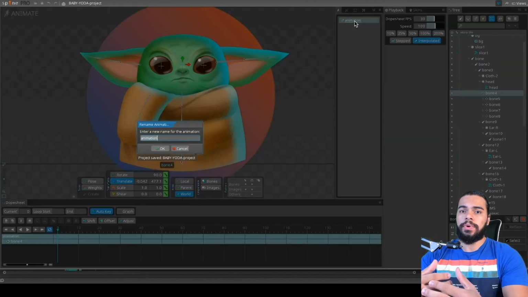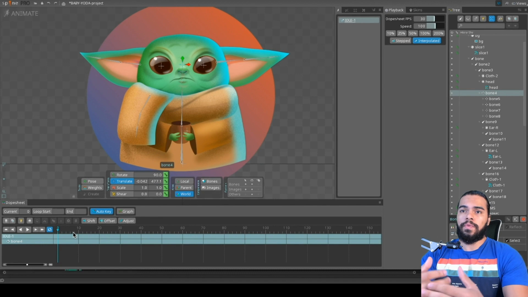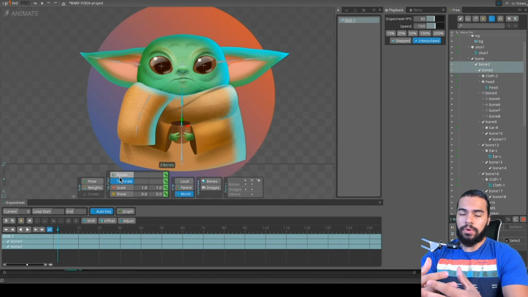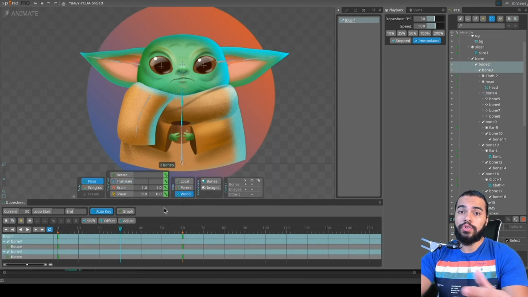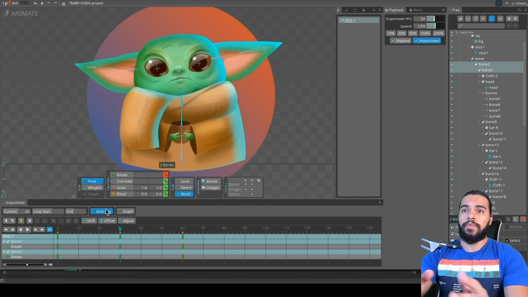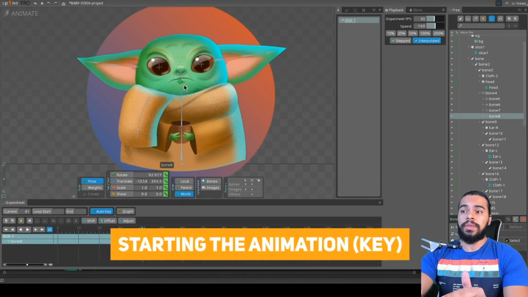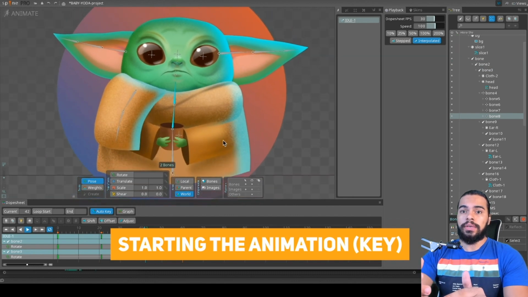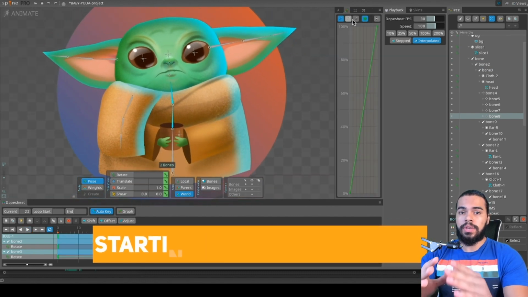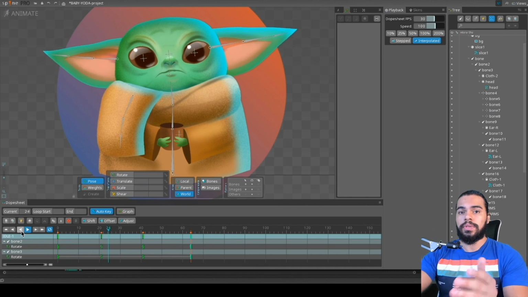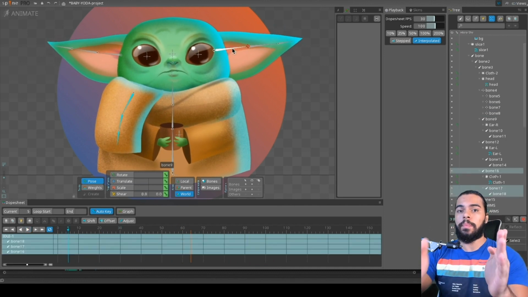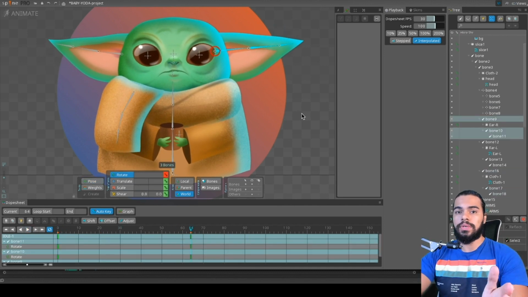So basically I'm creating kind of groups for the bones, all right, for the face, in order to make the movements of them together. And as you can see on here, I'm starting the animation already. And the animation process, guys, works like a key point. So basically, you have some points and the keys we call keys, and